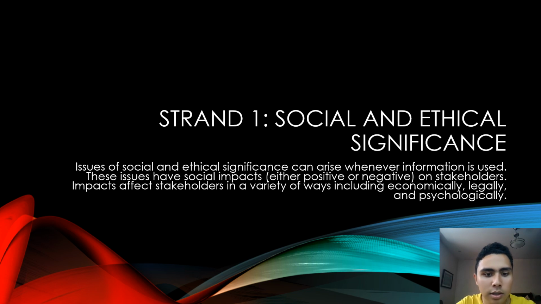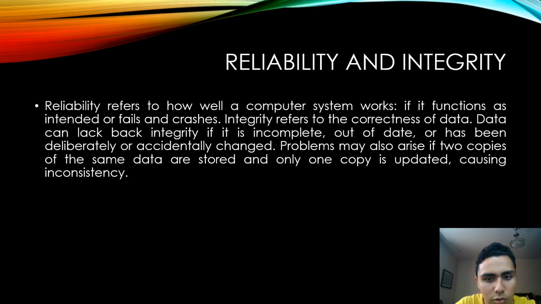This is the first strand in social and ethical significance, as we were saying before. That is one of the strands. And issues of social and ethical significance can arise whenever information is used. These issues have social impacts, either positive or negative, on stakeholders. And as we were saying, social and ethical significance has some components: reliability and integrity, which refers to how well a computer system works, and